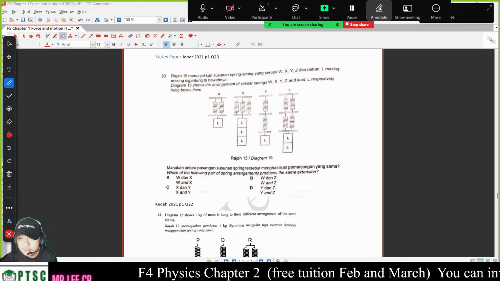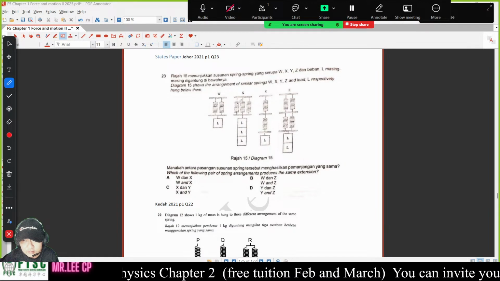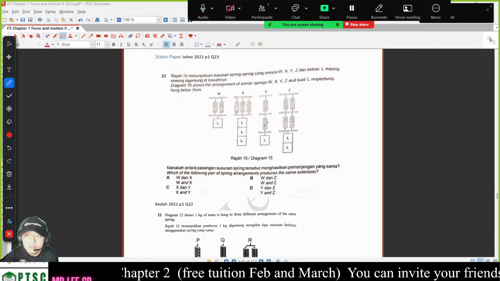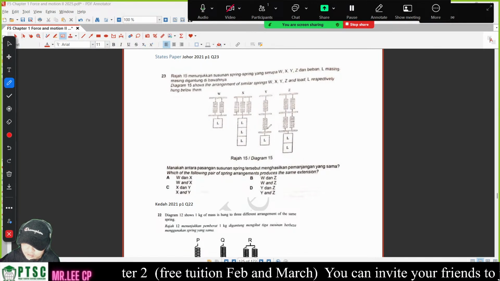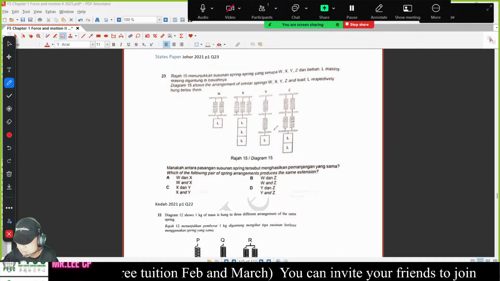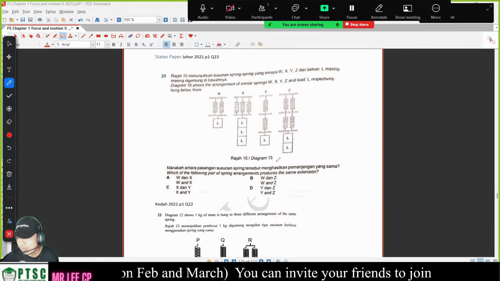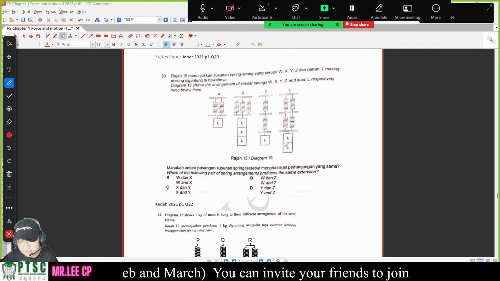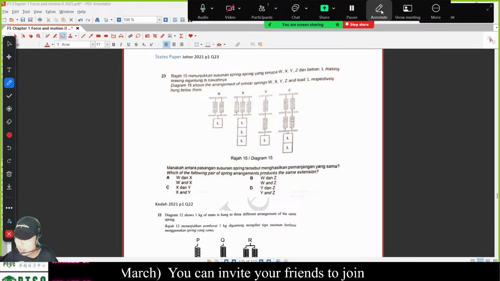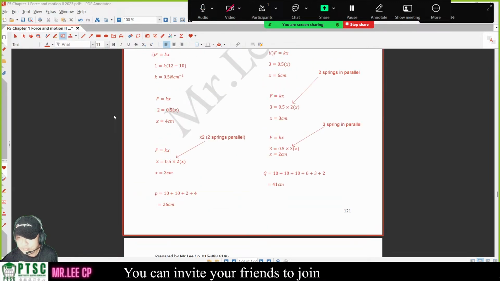Okay, now 2 springs, you hang 1, right? 3 springs, you hang 3. 2 springs, oh, we haven't done the one with this one. I haven't given you any example. I haven't given you this kind of example. I need to give you one example, because if not, later you haven't done it, you don't know how to do. Okay, now